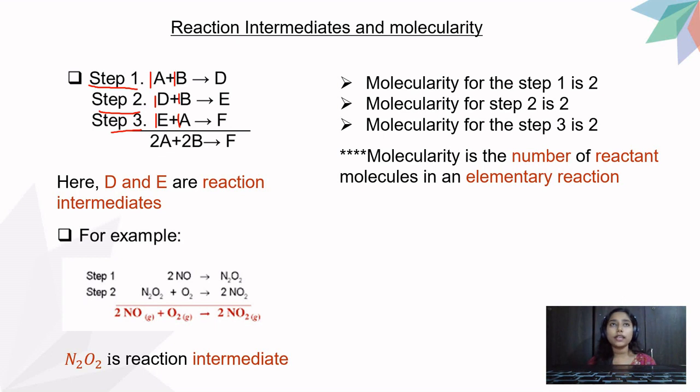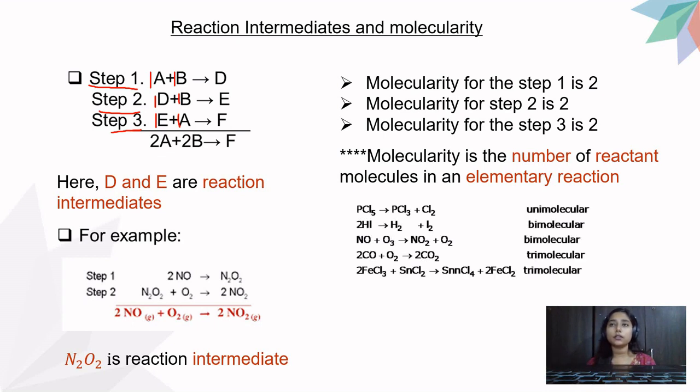So every elementary reaction has a molecularity of its own. Now, every time you cannot write the molecularity in figures, you have to write it in words, and you will write it like this. For 1, if your molecularity is 1, you will use the word uni. If it is 2, you will use the prefix bi. And if it is 3, you will use the prefix tri.